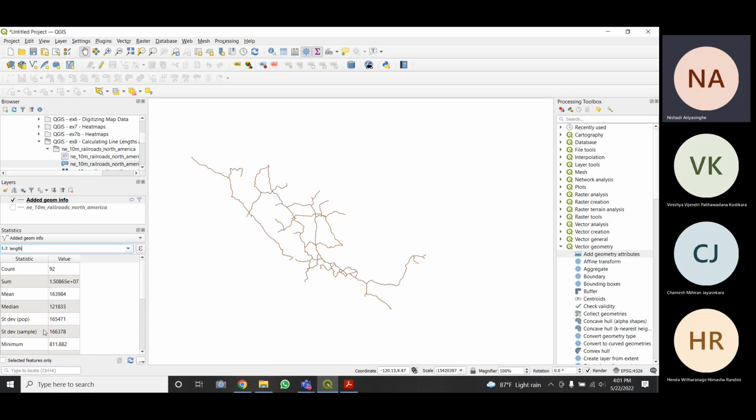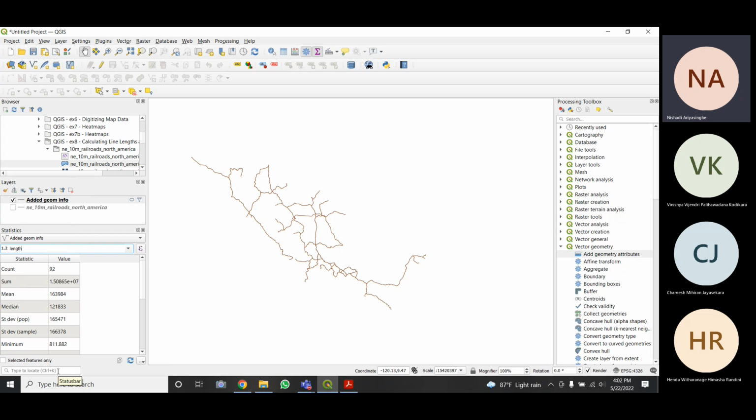So the length is the one which shows the statistical information. Right. So this is a bulk view,